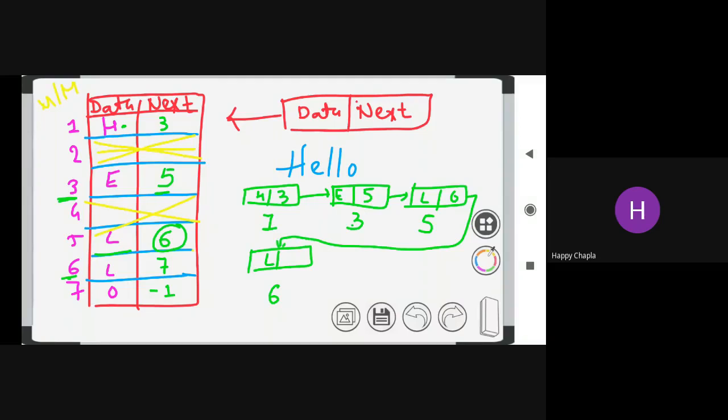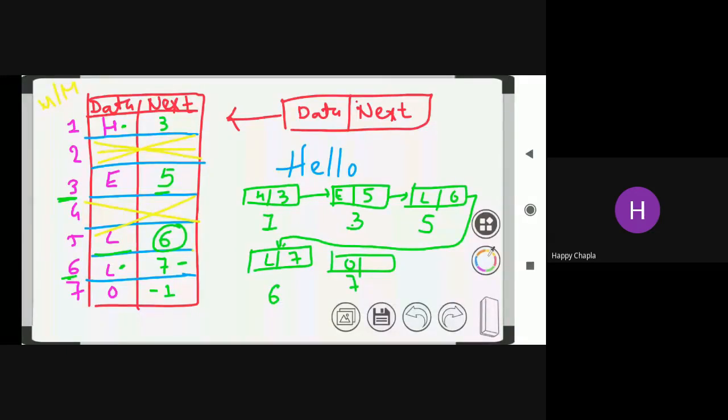It is a continuous process, but I don't have space on the right hand side. That's why I'm doing this kind of thing. Now, if I want to refer O, at which location is my O stored? My data part never understands where my next data is stored, so go into the next portion of your node. Where is your L part? At the 7th location. So 7, O, and 7.